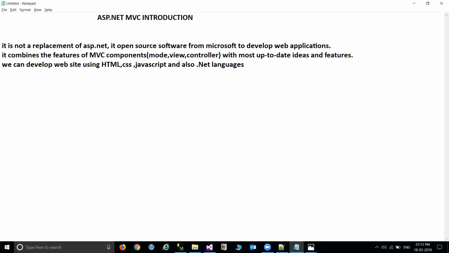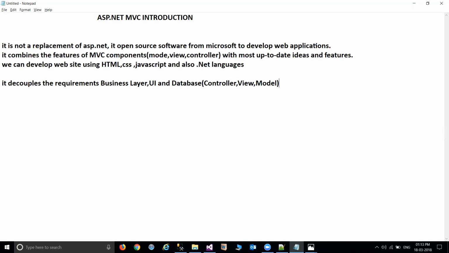Once again, this is a separation of concerns, a decoupling of the requirement. It decouples the requirement, like business layer, UI aspects and database aspects. Simply we can say the business layer is the controller, UI is the view, and this is the model.